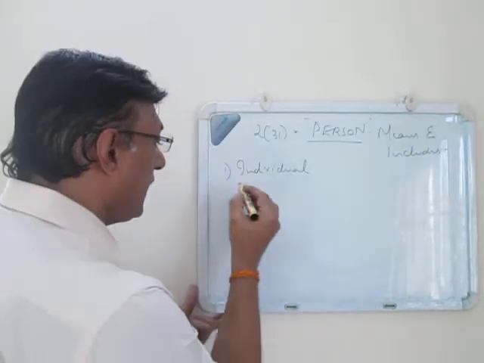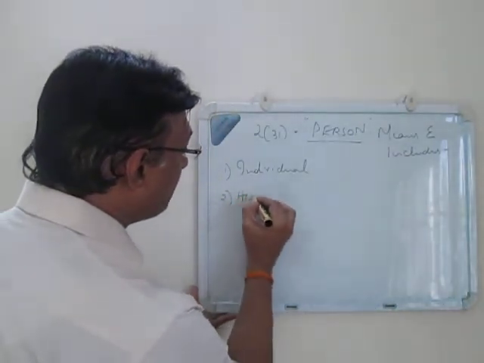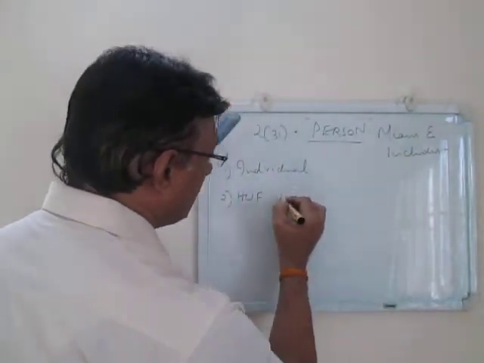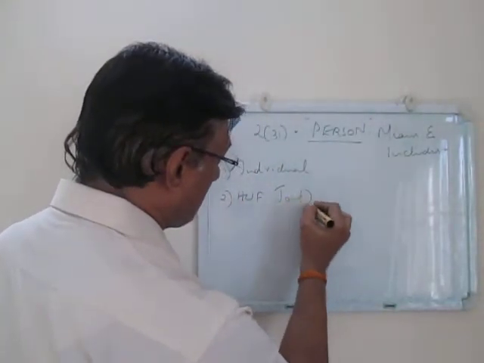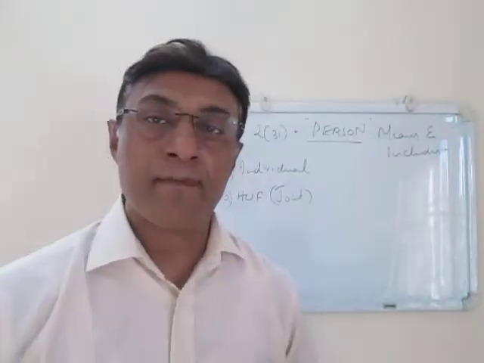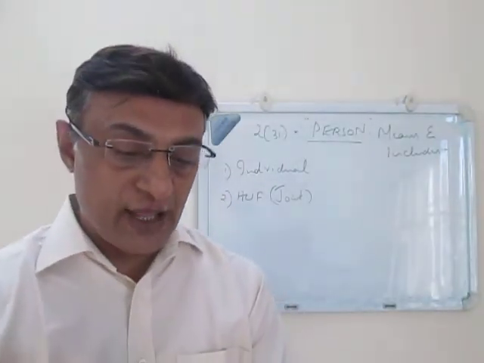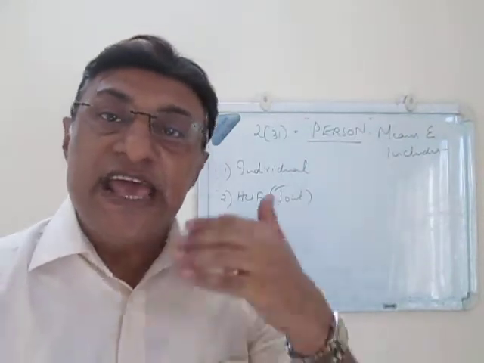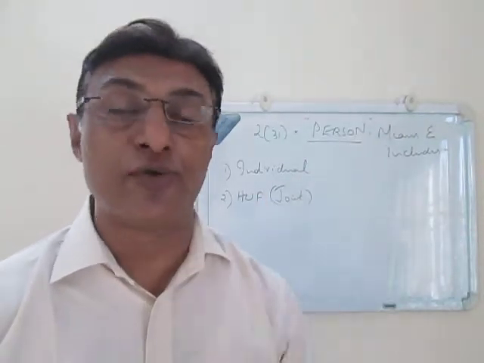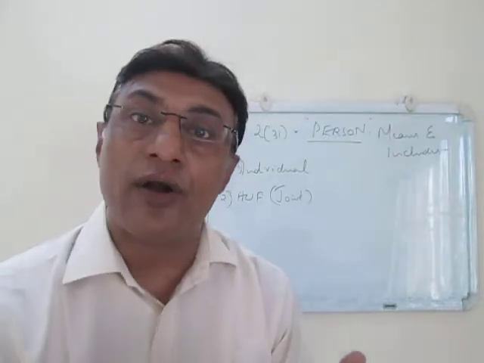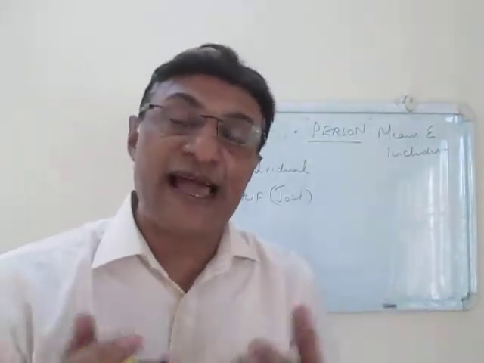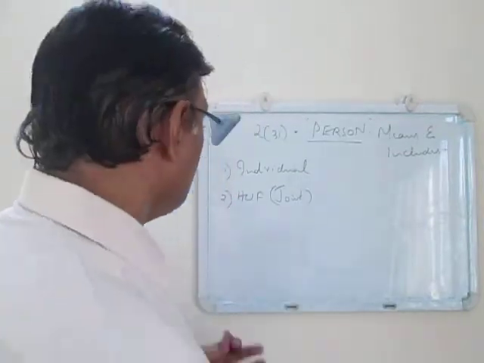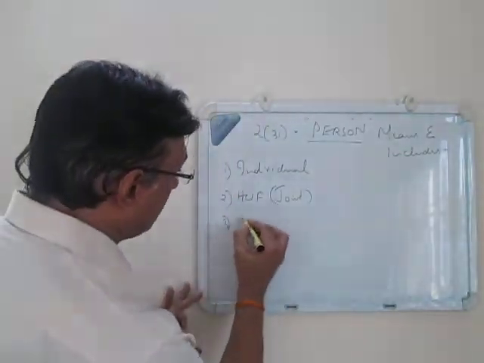Two, a Hindu undivided family, what we call the HUF, or the joint Hindu family. A family of Hindus staying undivided under a common roof and maybe carrying on a family business or a family activity. Hindu undivided family. Number 3 is a company